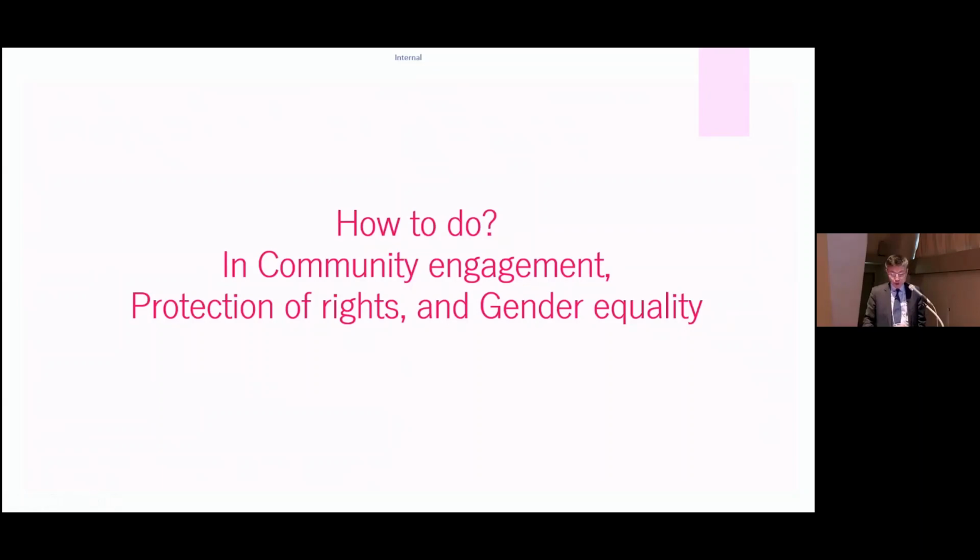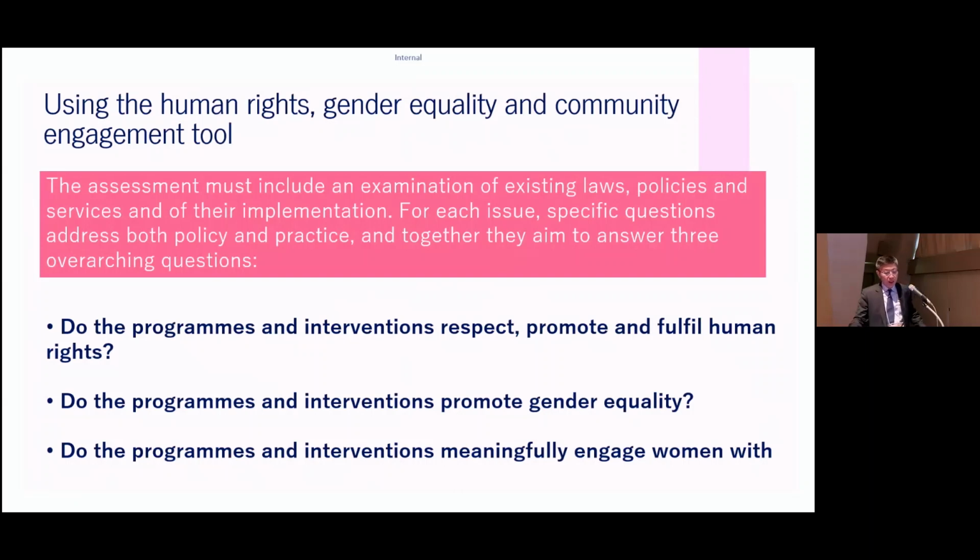So how to do it? In community engagement, protection of rights, and gender equality, when we want to achieve HCV elimination, firstly, I would like to give you some tools recommended in the WHO documents. The assessment must include examination of existing laws, policies, and services, and of their implementation. For each issue, specific questions address both policy and practice, and together they aim to answer three